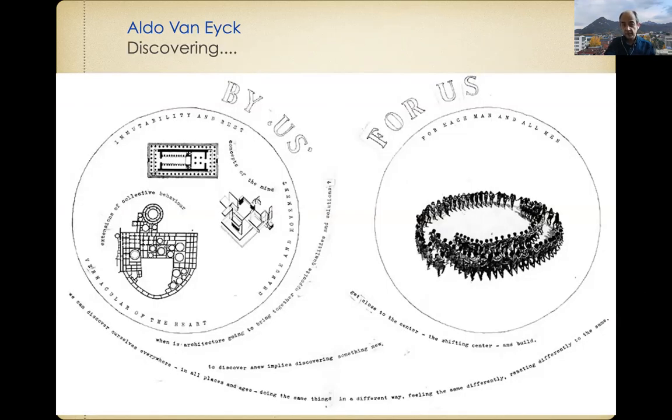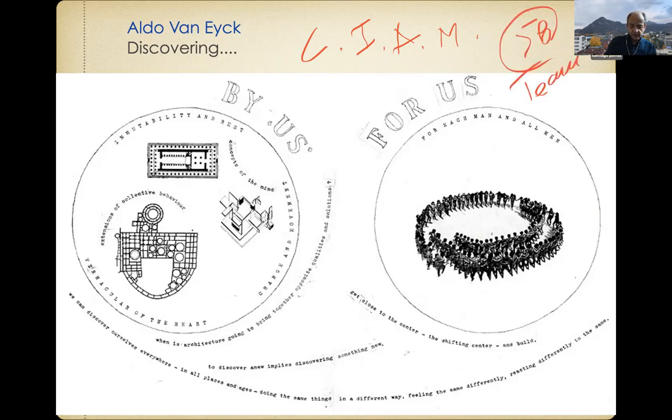This is a poster from, I think, his presentation at the CIAM, Congrès International d'Architecture Moderne, the International Congress of Modern Architecture. I think it was in 1958, where Team 10 appeared. It's the moment in which modernity was questioned.